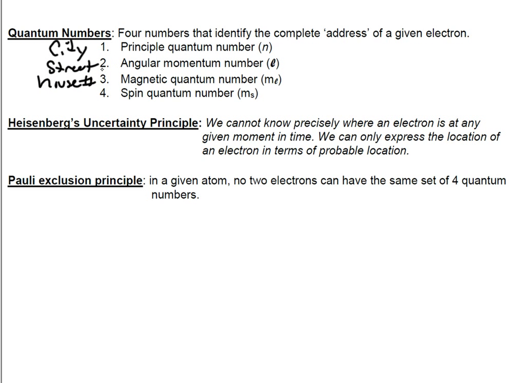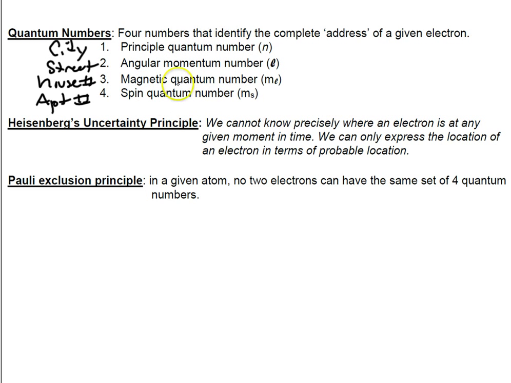And sometimes, maybe if you consider a duplex or an apartment complex, you would give them your apartment number. All four of these make up your address, just like these four are going to make up the electron's quantum